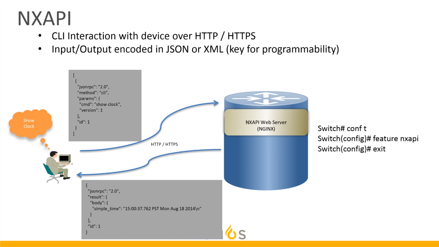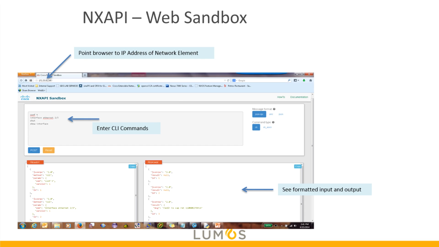Now, once you've turned on that feature nxapi, that's all the more you need to do. You don't need to do feature web server, feature HTTP, or say, HTTP server or HTTP secure server like you used to maybe have to do on, let's say, an IOS device. Feature nxapi is enough. Once you do that, you can point your browser to the IP address of the device, preferably over HTTPS, and then it will ask you to log in. Once you give it a privilege 15 username and password, then you'll have access to the NX API sandbox, where you can put in normal